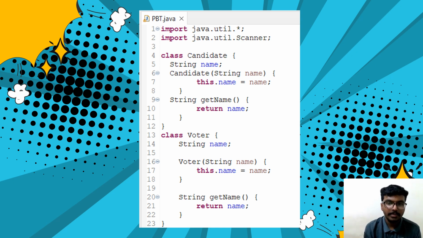Import java.util.Scanner. Class Candidate, for the first criteria which we do inside here: String name; Candidate(String name) { this.name = name; } String getName() { return name; }